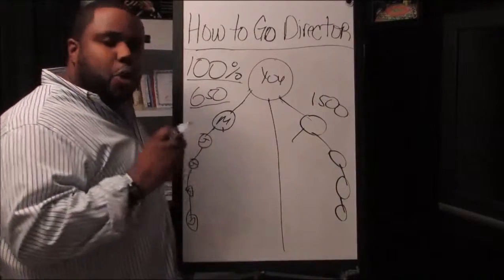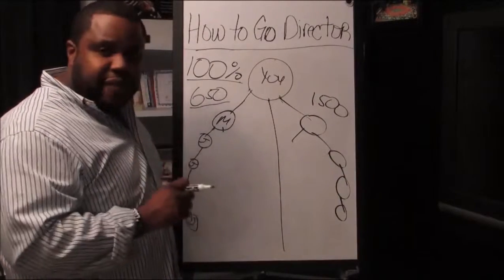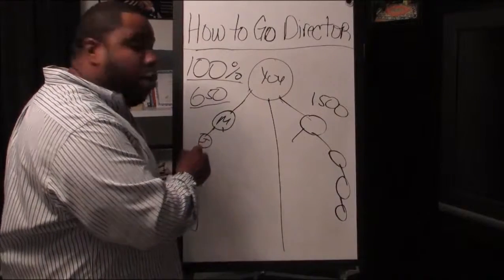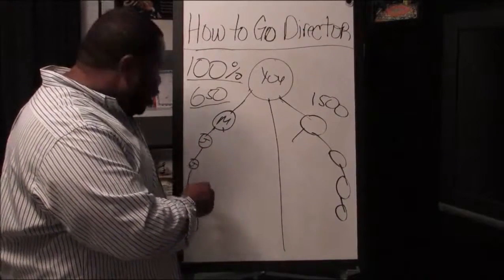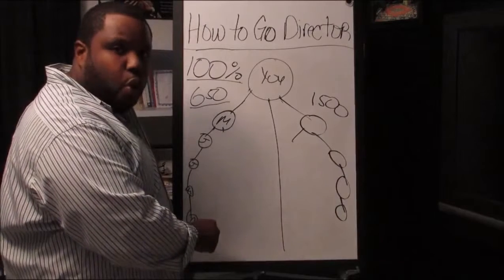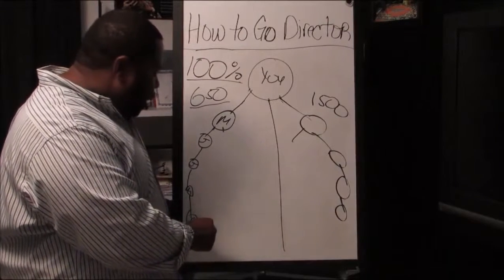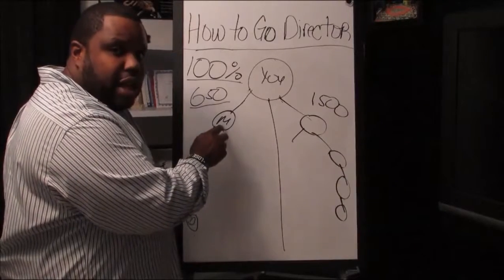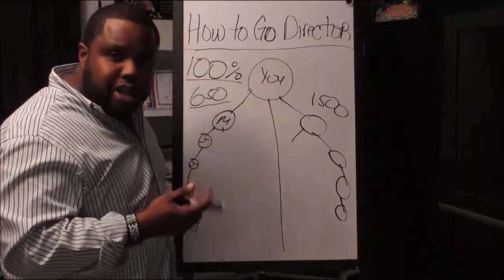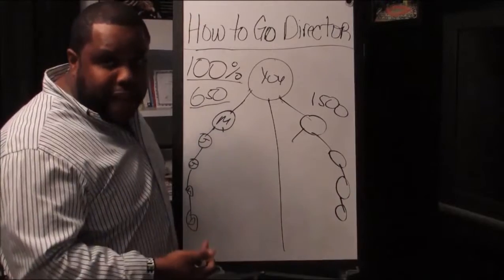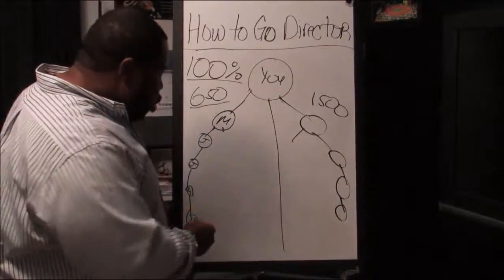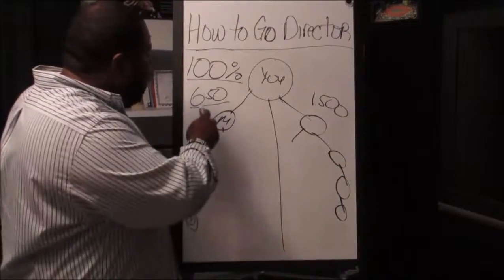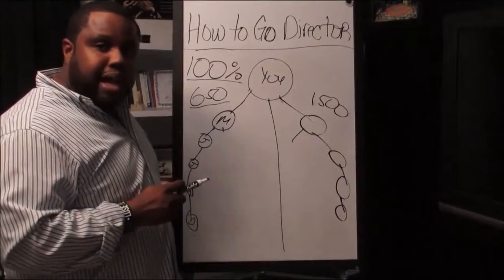But how you work this strategy effectively, ladies and gentlemen, is you want to order from someone in your organization, on your pay leg, that's furthest down. Why is that? Because, ladies and gentlemen, instead of you ordering from Mike's back office, okay, now remember, this is someone that you can trust, that you can go into their back office with a username and password, and they trust you as well. You want to order from Daryl's back office. Why is that? If you order $400 worth of products, ladies and gentlemen,